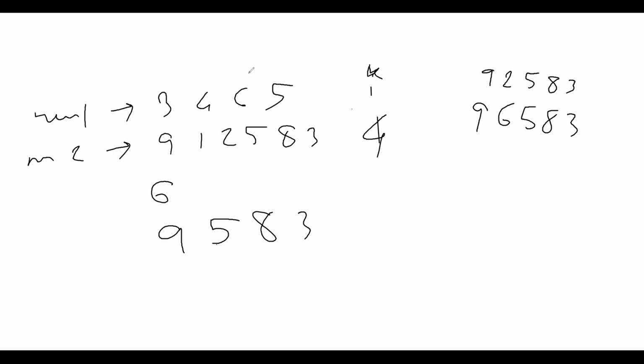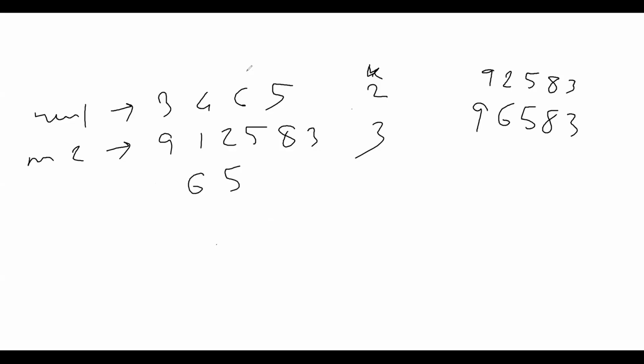Okay. So now again I will go for the other value, which I will decrease. So this will be 2 and this will be 3. In this case, I can take 6 and 5. And for the 3, the ones which are greater will be 9, and then I can take 5 and 8, right? Sorry, 5, 8. So now if I try to merge both of them, is it 9, 6, 5, 8? 9, 6, 5, 5, 8. Correct. So the sequence is not right. 9, 8, 3, something like that.